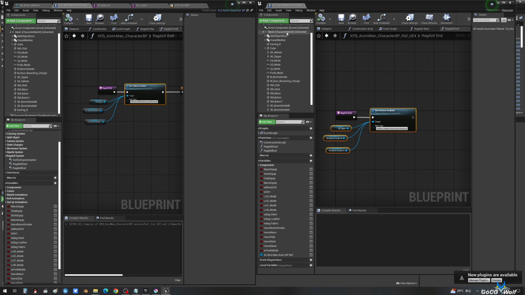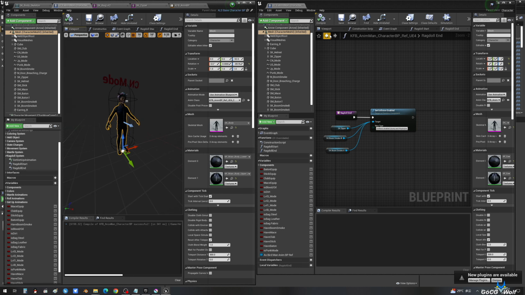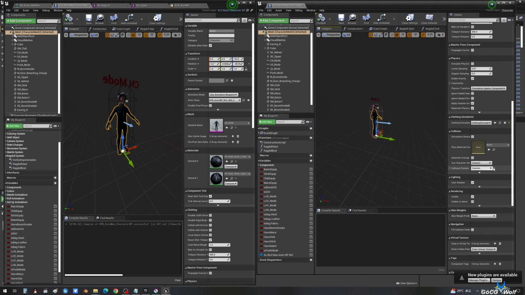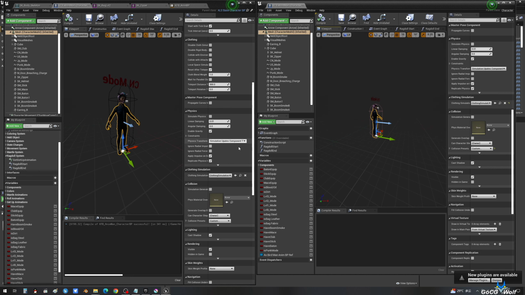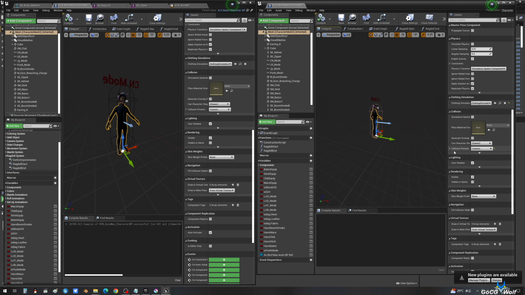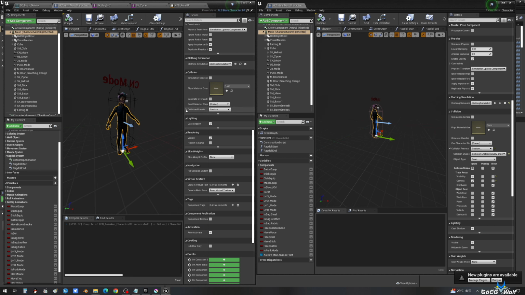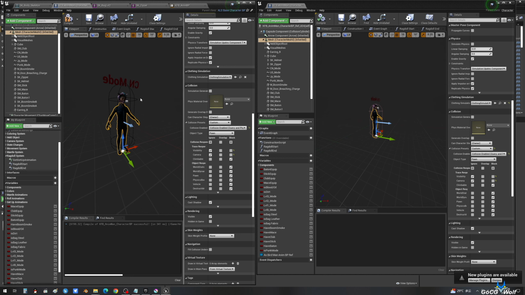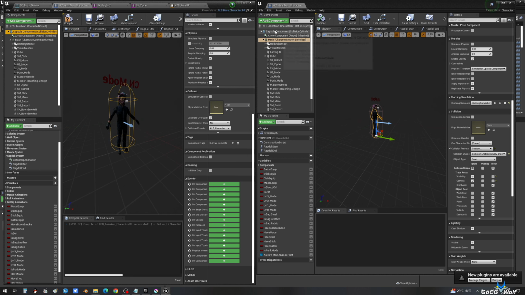Check the collision of the character. And the collision of the capsule.